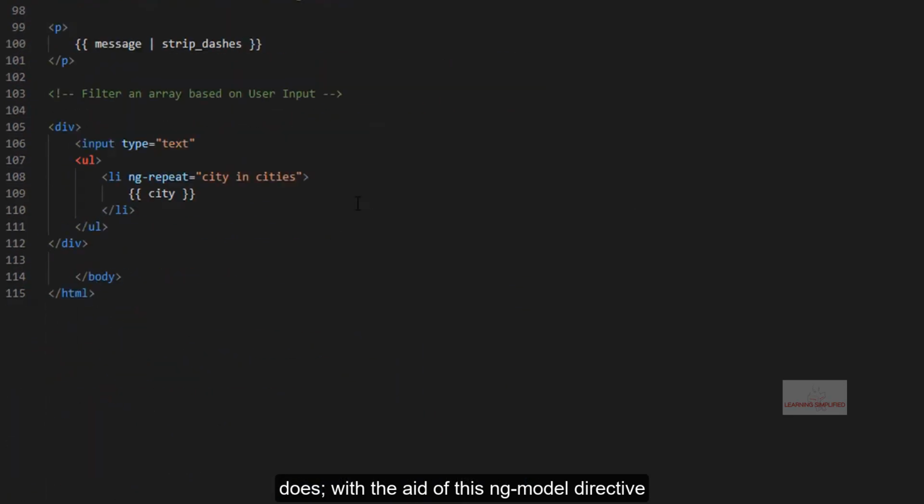With the aid of this ng-model directive, we are free to collect the value of an input field and place it against a variable in the controller section of our JavaScript file. So we will be making usage of this directive again, ng-model.